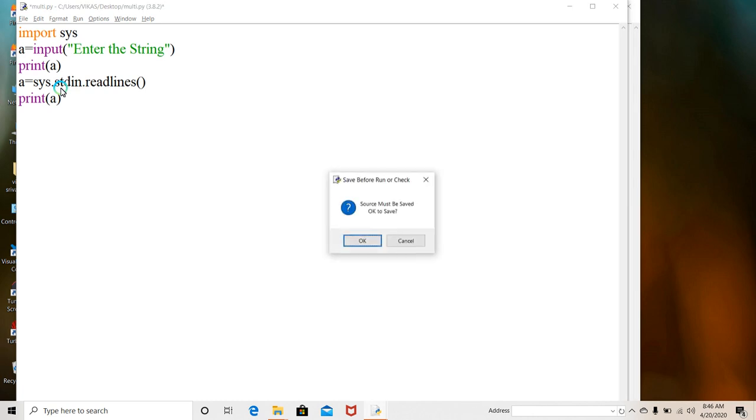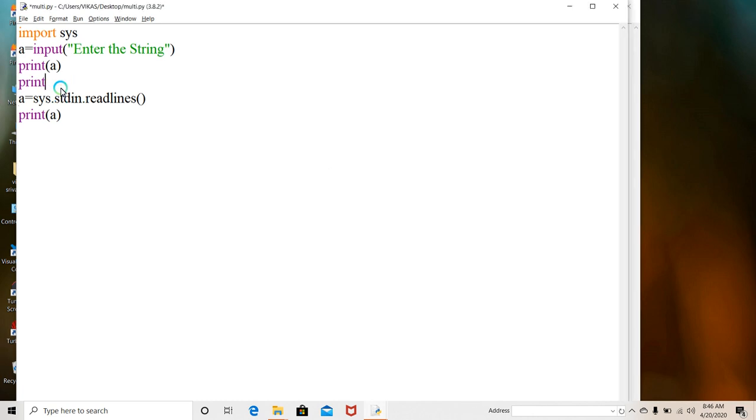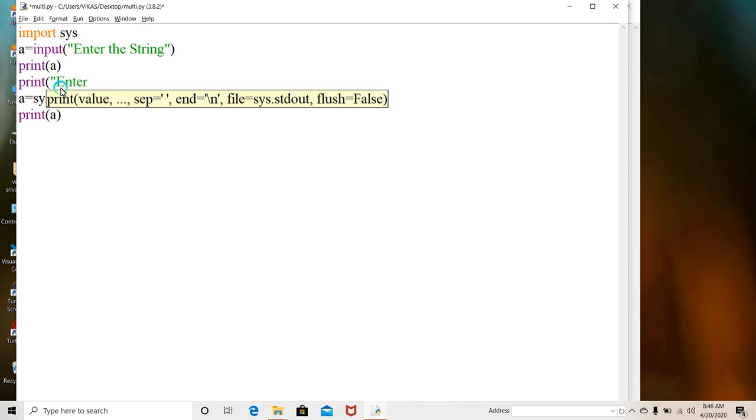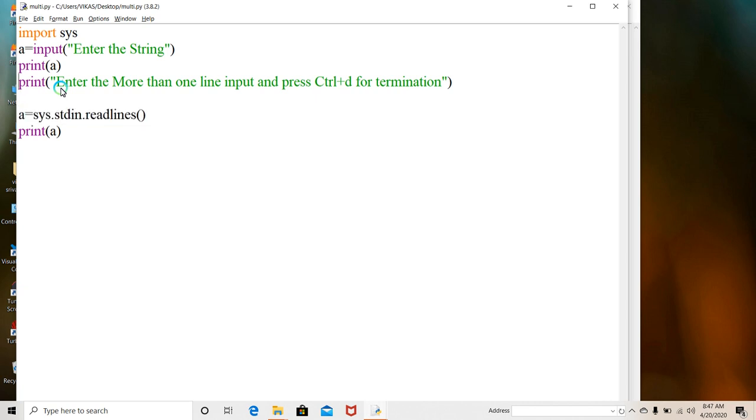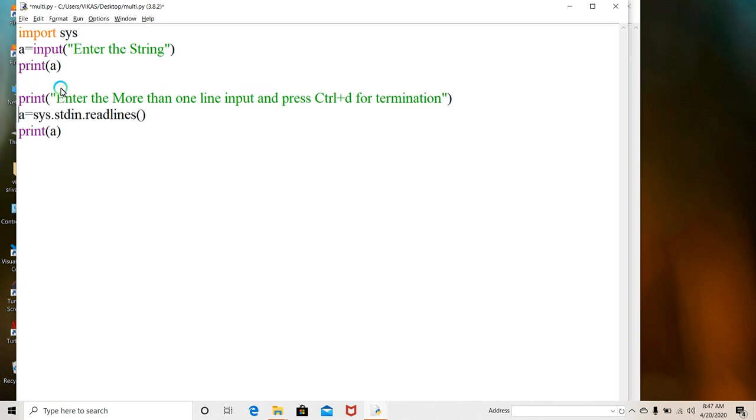Again see here, one more thing: we will give a message, print enter more than one line input and press Ctrl plus D for termination. So it will tell the message also by which you may understand what you have to do.